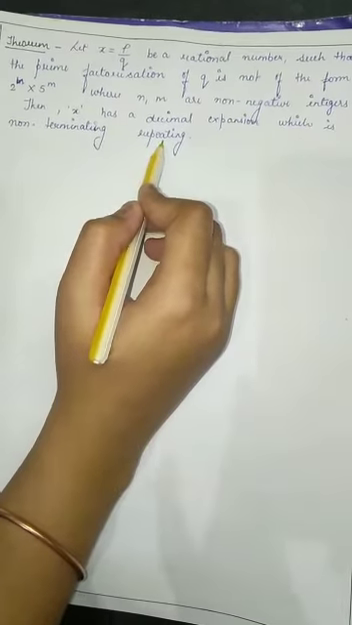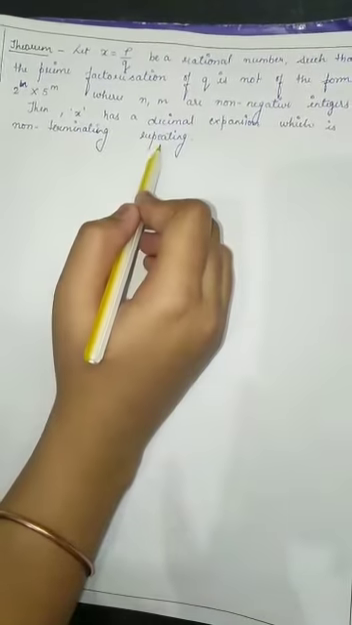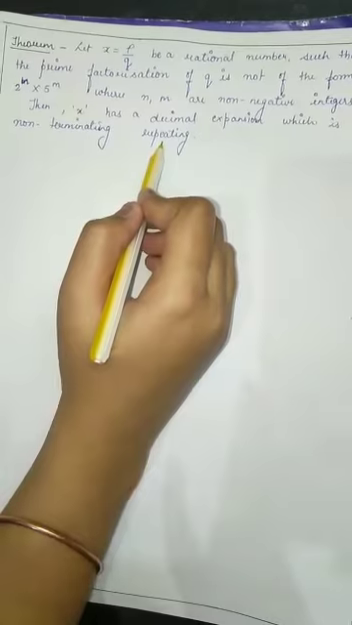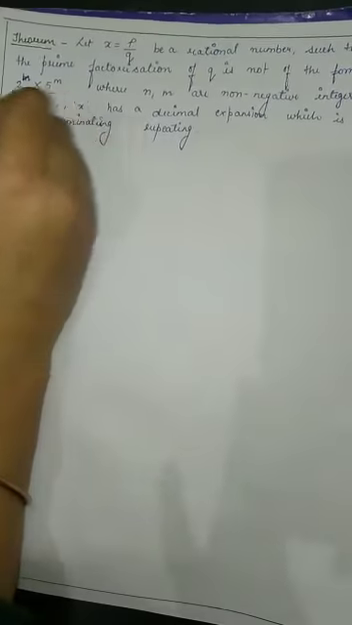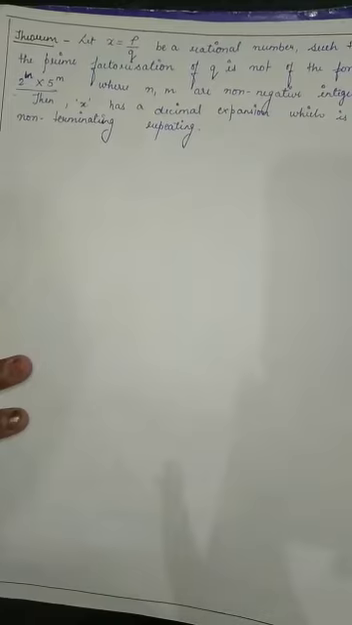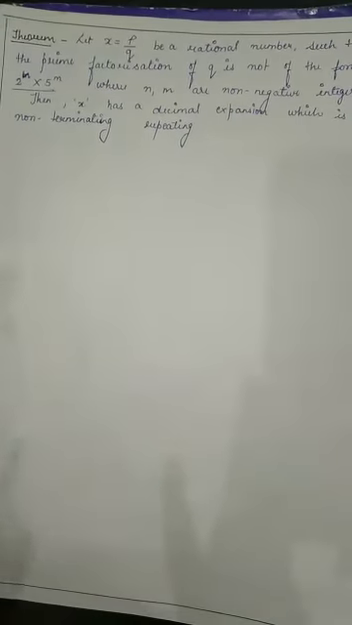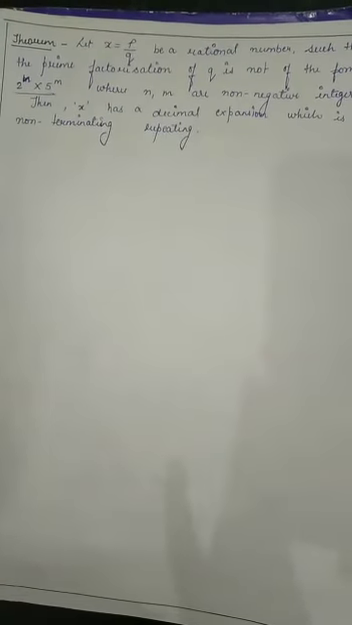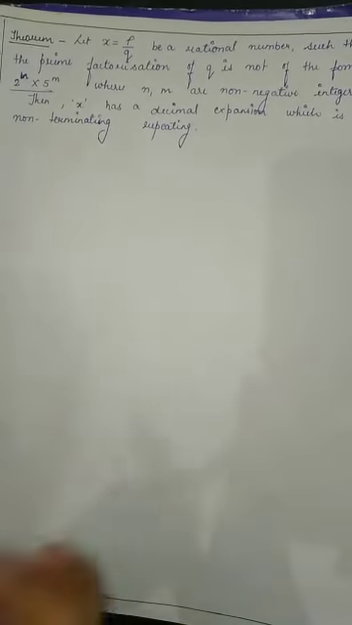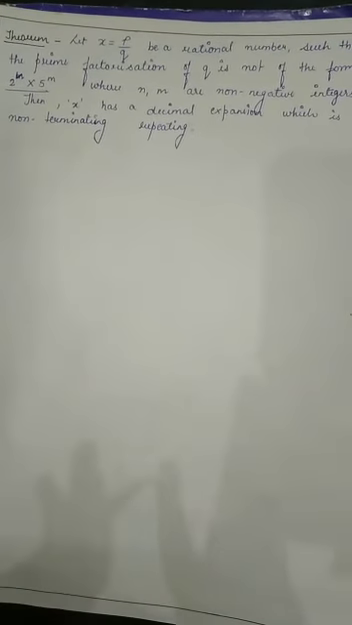Means the expansion is called non-terminating repeating if they are not in the form 2 to the power n into 5 to the power m. By these two theorems we can easily identify which term is terminating or which term is non-terminating. So let's start. We are going to